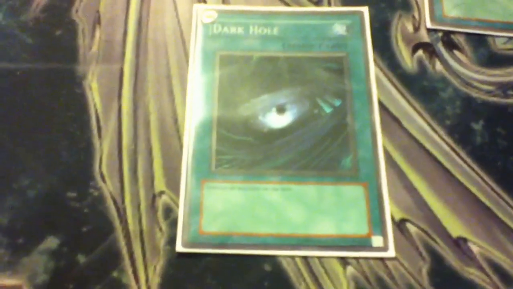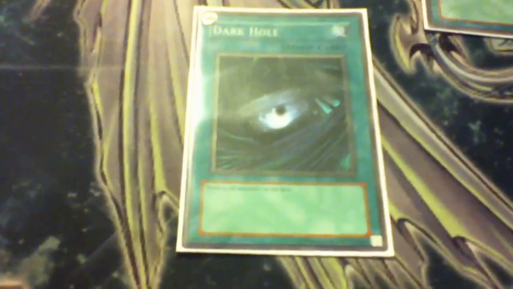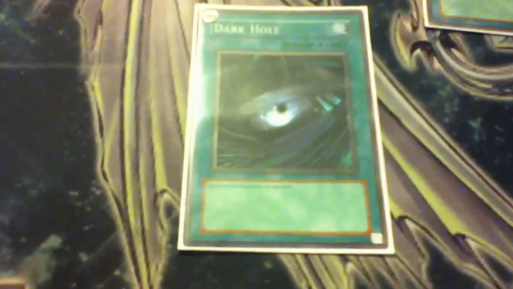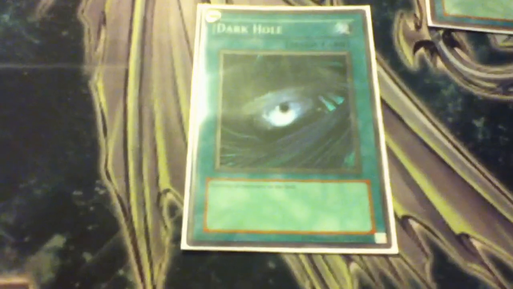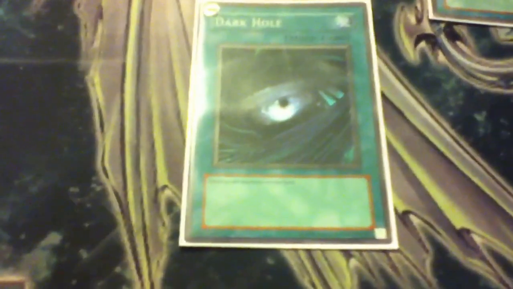But you gotta use it in a way where, obviously, they have nothing in their hand. They only have a couple monsters laid out, and then you have nothing. So it's like, I'm gonna go ahead and Heavy Storm, and then you can go ahead and Dark Hole. Oh, no monsters, no spells, nothing at all. But the way to use Dark Hole is like,